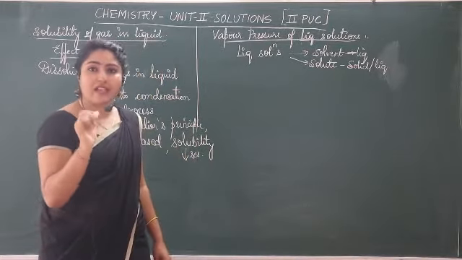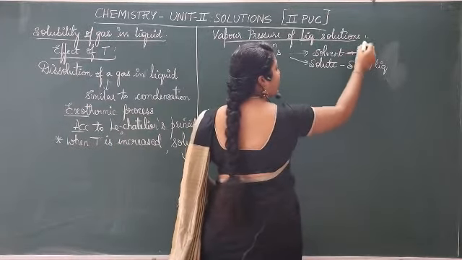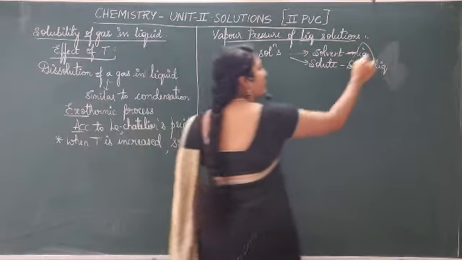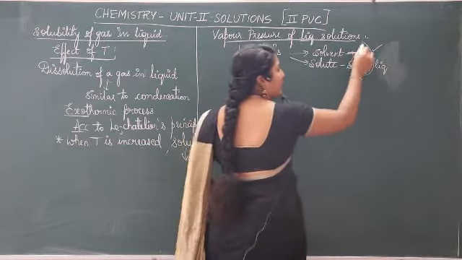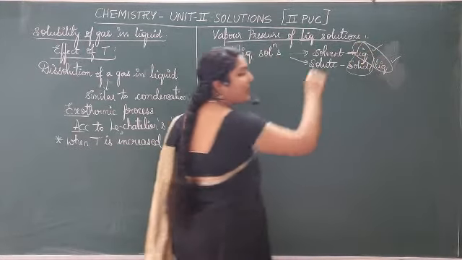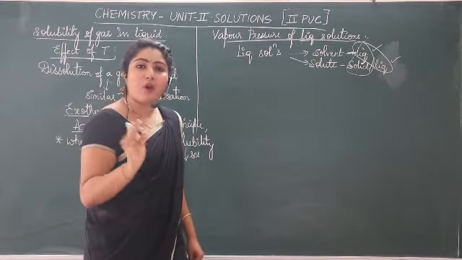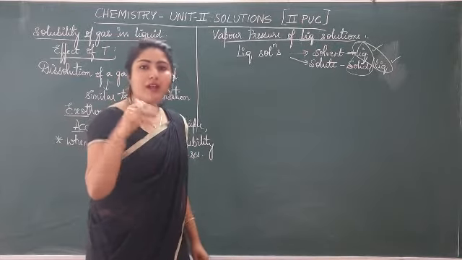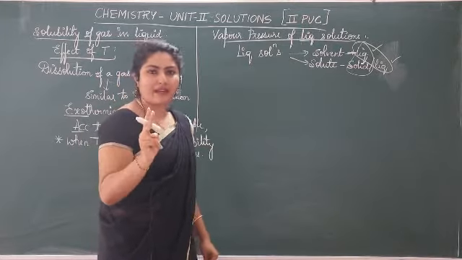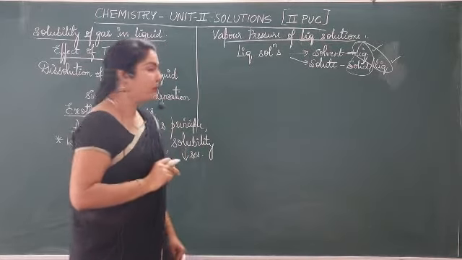So the possibilities are that it can have one or more. If it is a solution constituting of solid and liquid, how many volatile substances do you have? Liquid. So one volatile substance. If the solution is made up of liquid and liquid, how many volatile substances do you have? Two volatile substances you will have. So the volatile component in a liquid solution can be one or more, can be one or two also. Since we are considering only binary solutions, the components that are volatile can be one or two.